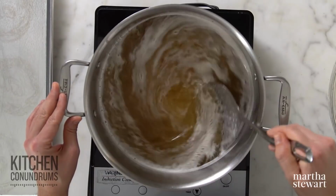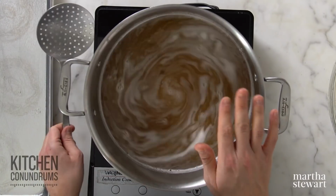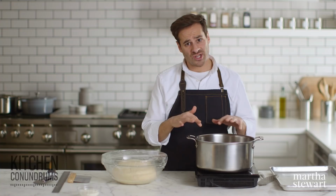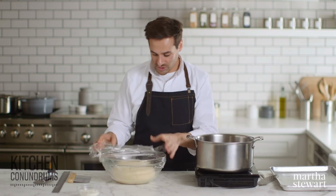So just mix this together and let it come up to a simmer. We don't want to boil this mixture. We just want a bare simmer because we don't want our pretzels to become misshapen in this liquid. So while this is heating up, I'm going to